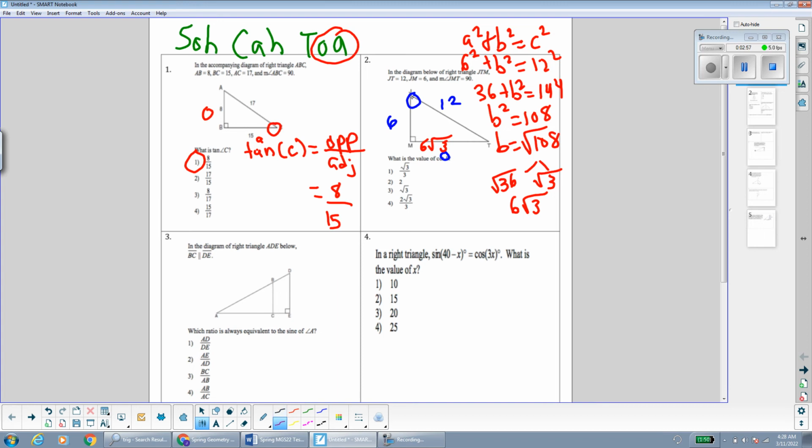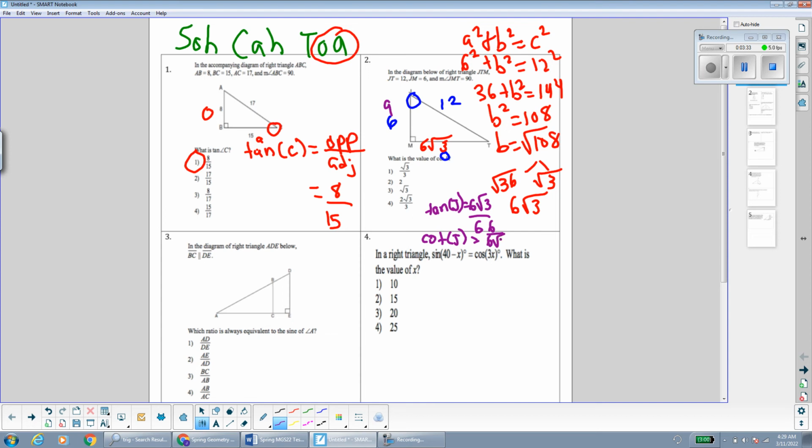So tangent is opposite over adjacent. So opposite from angle J, and I'll write this over here. I'm running out of space. Tangent of angle J. So opposite from angle J is 6 radical 3. And adjacent is 6. So all we have to do to get cotangent of angle J is flip this. So when I flip it, I have that cotangent of angle J, which is the reciprocal of tangent, is 6